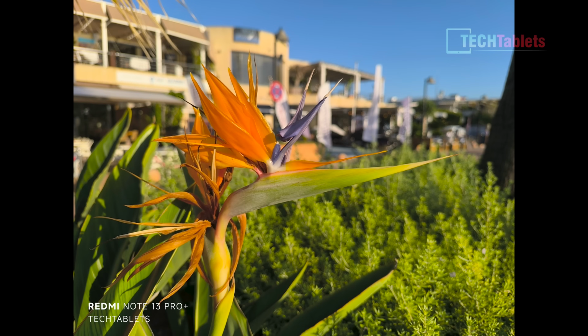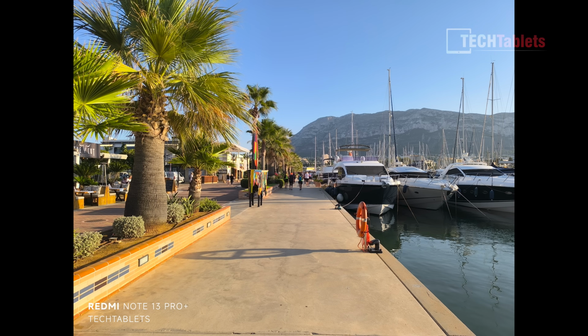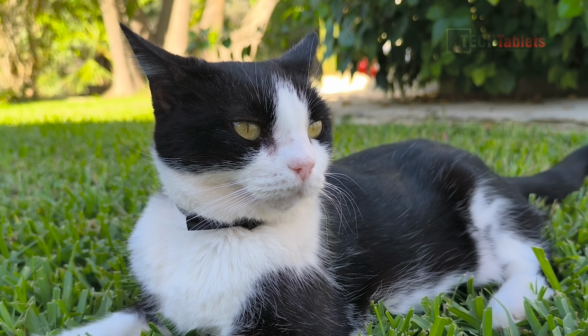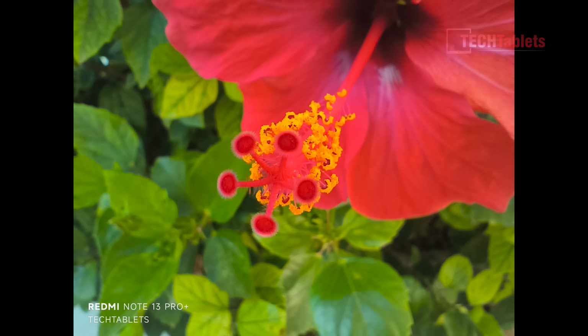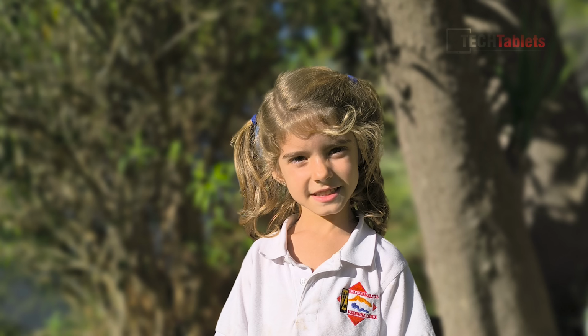Now for our samples, the selfies tend to look alright, not bad at all. Stitching is okay. The rear camera, I've noticed, tends to be warm, the white balance. This is it again. So the 200 megapixel camera, 2x digital zoom, for some reason is warmer, I don't know why. The shot of my cat here, Vera, looks really good, lots of detail. And this photo is the 2 megapixel macro camera, not great at all, looks a bit washed out. And selfies are great, but a little bit warm, the colors, and the stitching around my daughter's hair could be